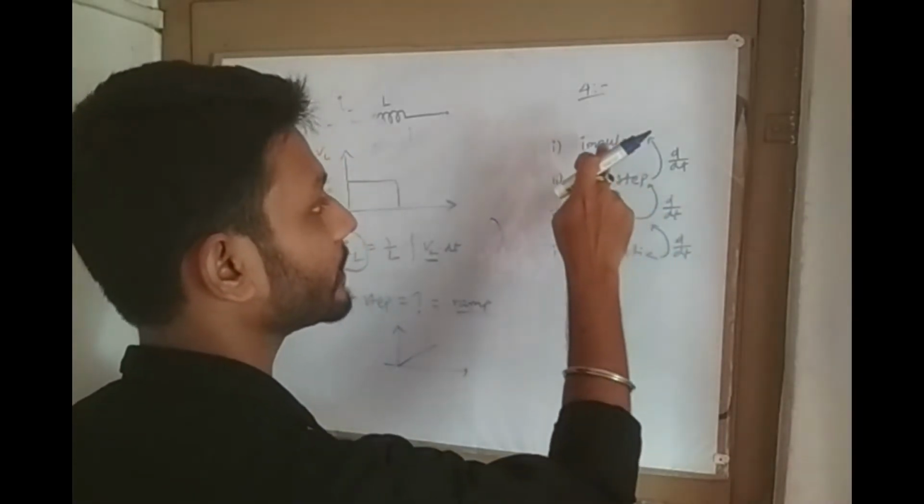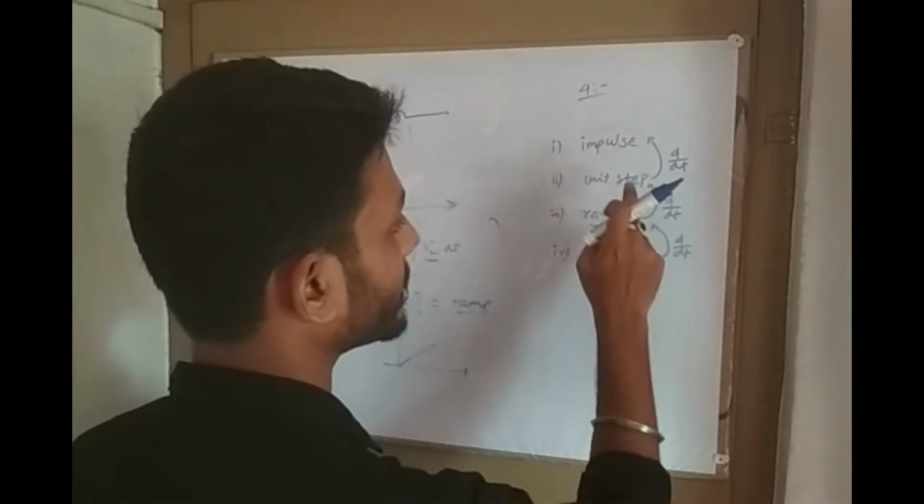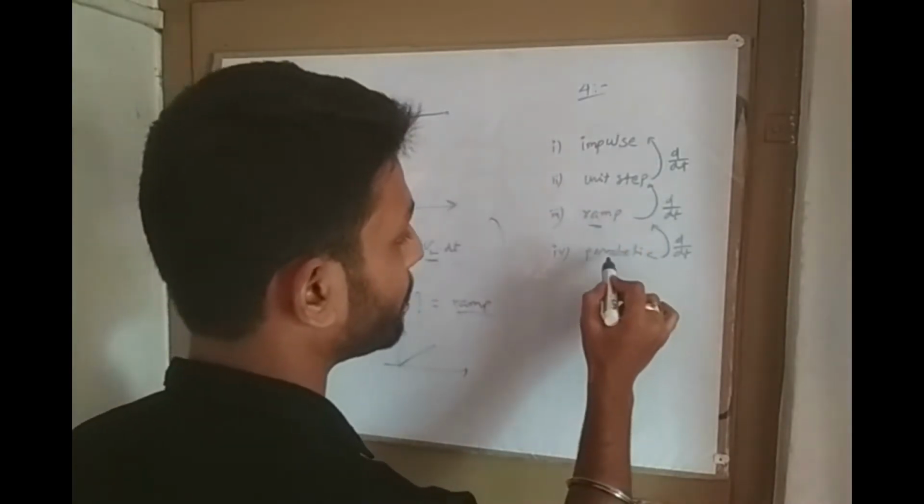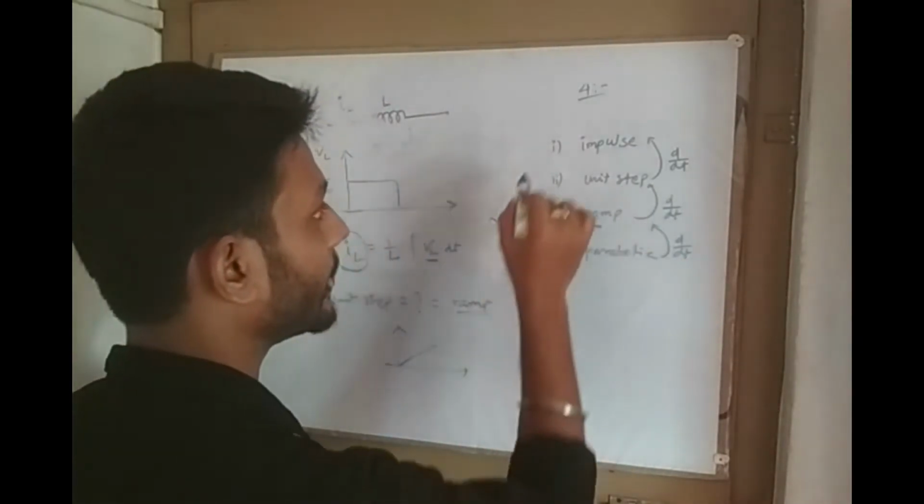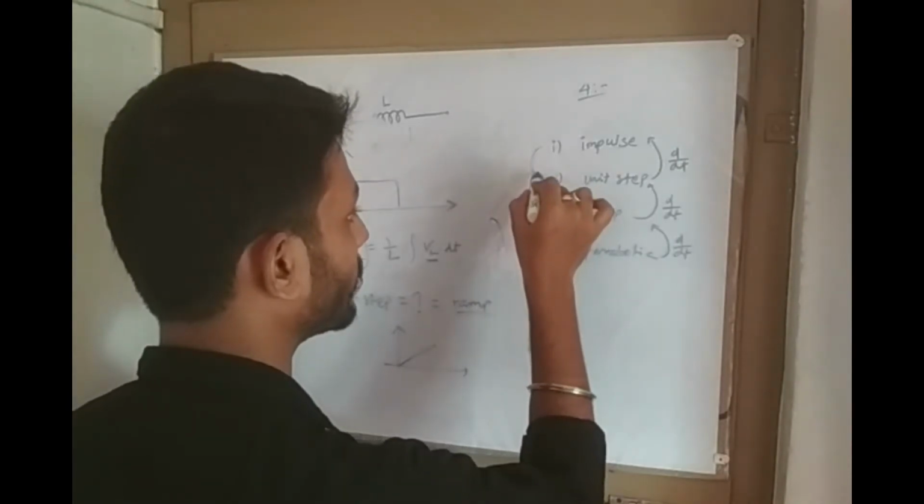Derivative of unit step, impulse. Derivative of ramp signal, unit step. And derivative of parabolic signal is ramp. In reverse way, we can say